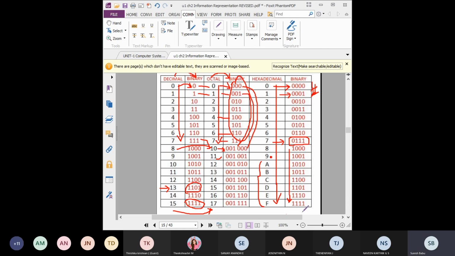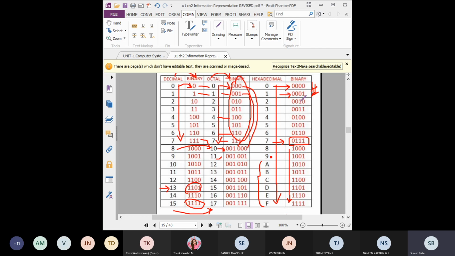Binary values of hexadecimal 0 to 15, that is 0 to 9 and then A to F. This is a thing you should remember, because if you want to convert octal to binary, you can directly write it from here. No need to convert by any method, that will be very tough compared to this one. You just remember how to write these possibilities.